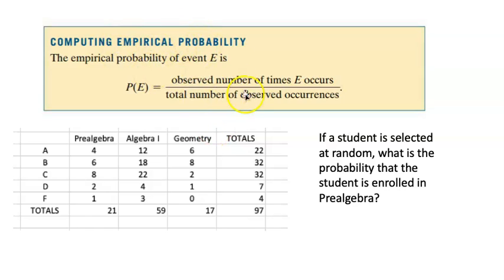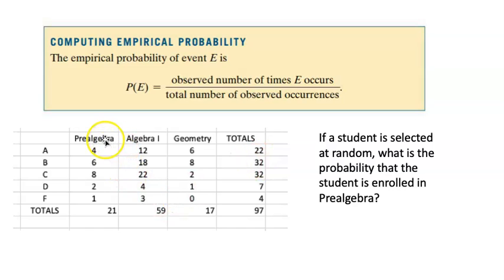So here is our formula for empirical probability, which looks very similar to our formula for theoretical probability, although we don't really have a sample space of all equally likely outcomes, but every student selected at random is equally likely to be selected. But our notion tells us that the empirical probability is the number of observed times the event occurs divided by the total number of observed occurrences. So it's essentially the same